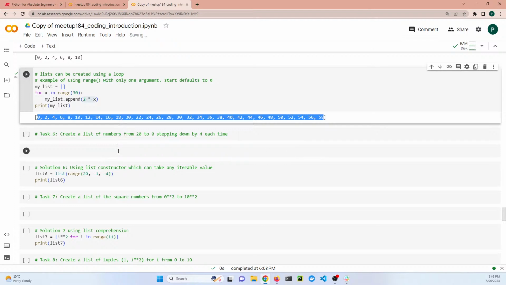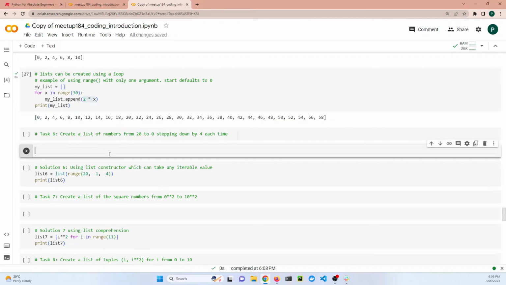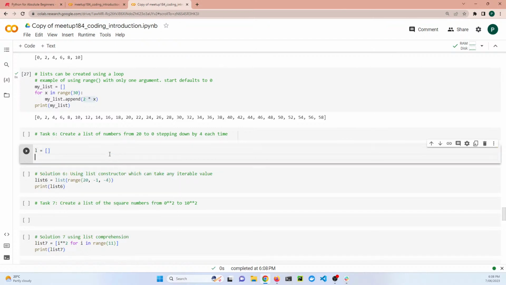So task 6, create a list of numbers from 20 to 0, stepping down by 4 each time. Okay. So we can do a loop. We start off with, I'll just create a list called L equals an empty list, and then I'll